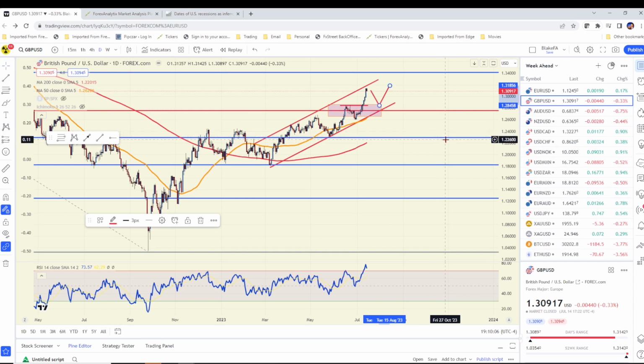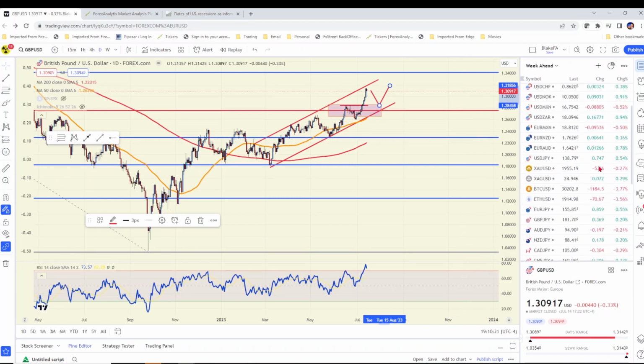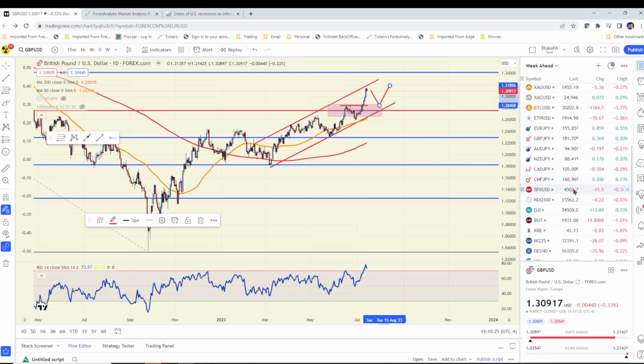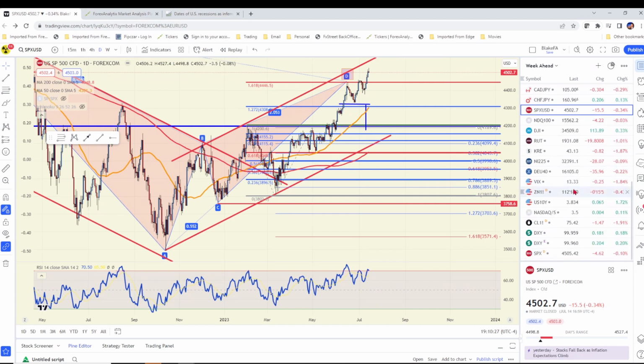Now, actually, I'm going to come back to the sterling, come back to the euro in just a little bit. But the one thing I do want to point out is this is a pretty big move, and the one thing that could actually turn the dollar back higher this week would be a move in the S&P.